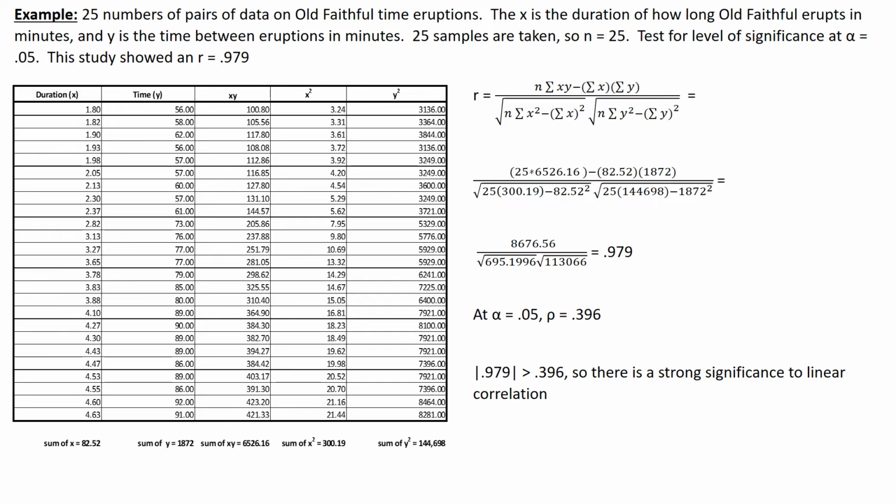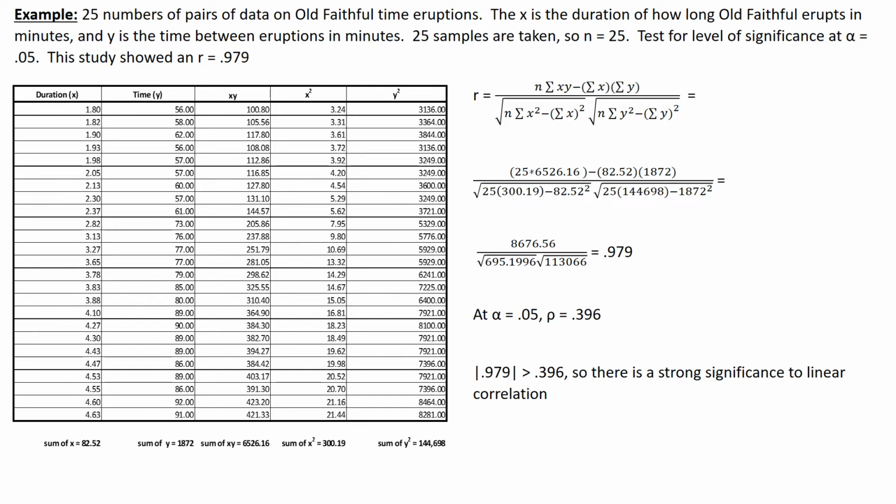So what I've got here is pairs of data of Old Faithful in Yellowstone National Park, which roughly erupts every hour on the hour, and so it's called Old Faithful. My X column is how long it erupts in minutes: 1.8 minutes, 1.82 minutes, 1.9 minutes. And then the time, my Y component, is how long between eruptions. We want to see if there is a statistical significance and a correlation between how long it erupts and time